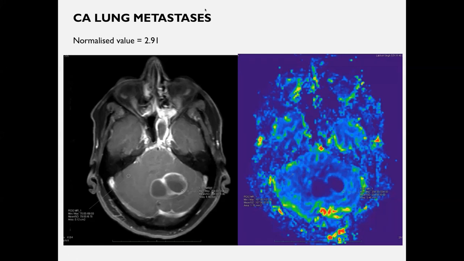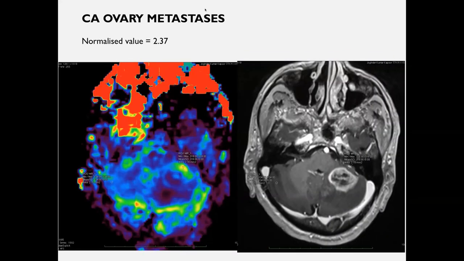So if I summarize, I get somewhere from 2.5 to 3 in my routine practice, because we are seeing a lot of cases. I cannot show you everything. We are doing maybe 15, 16 tumors within a week, so we have a good data set. This is an ovarian metastasis, again a typical value around 2.5, so 2.37, 318, 134. So these are the typical metastasis values, 2 to 2.5. Exceptions are always there, like CA breast.